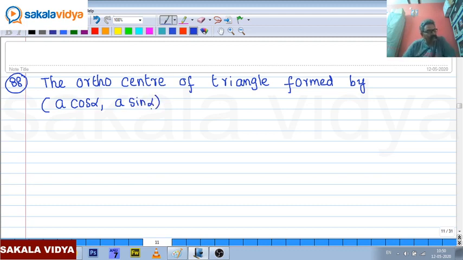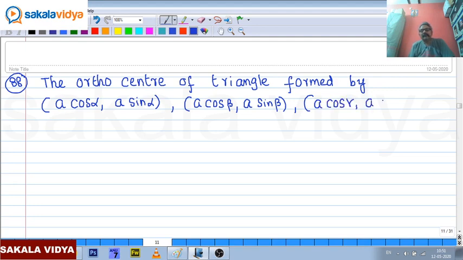Okay, leave it that question. I will discuss later. A cos beta, comma, a sin beta. A cos gamma, a sin gamma is